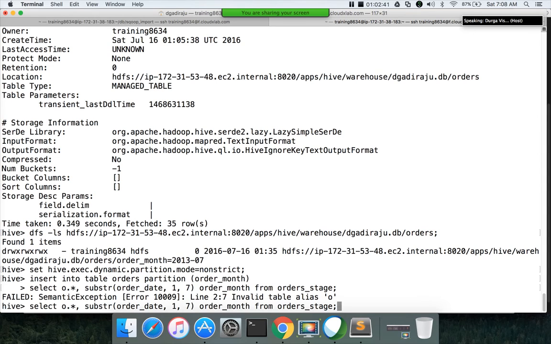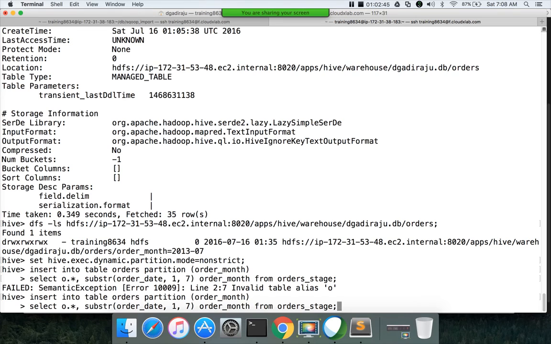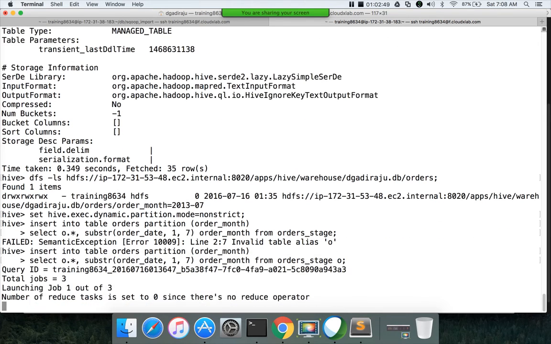I have to give the alias to my order stage table. As I didn't give an alias, it failed. It's a syntactical error. O, and hit enter.